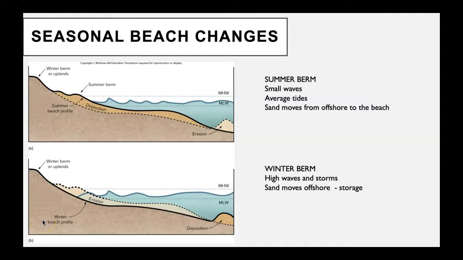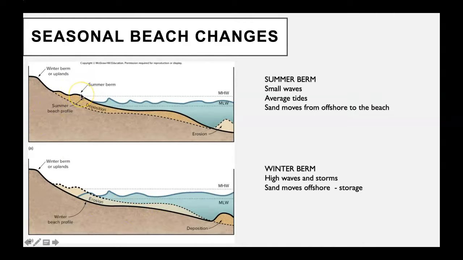Sand moves in different ways along our coastlines. It moves back and forth, and that is typically going to be thought of as being seasonal. So this is split into the summer berms and the winter berms. In the summertime, sediment is going to move onto the beach, and you'll have that lump that is the summer